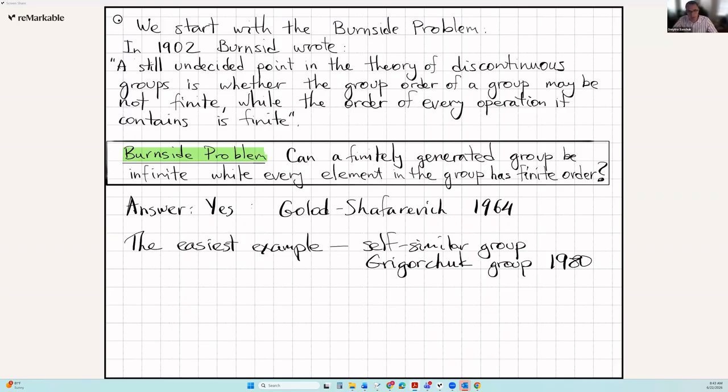That also was the first example of a group which is amenable but non-elementary amenable. Amenability is the property which stands behind the Banach-Tarski paradox, which you probably have heard of. You can take a ball, cut it into a finite number of pieces, and rearrange these pieces using just motion in three-dimensional space to create two balls. Behind this Banach-Tarski paradox lies the group theoretic property of amenability.